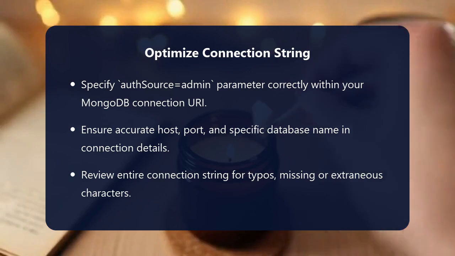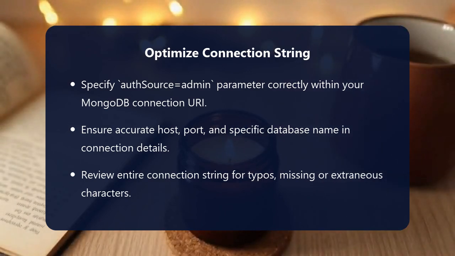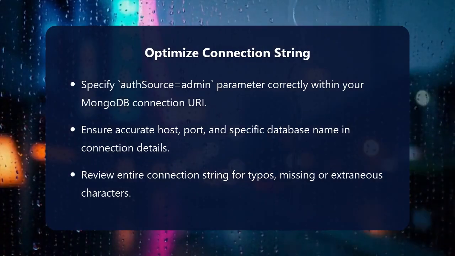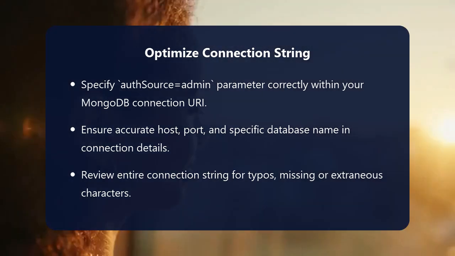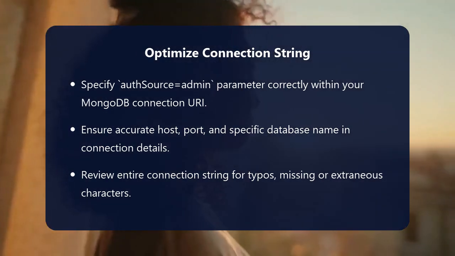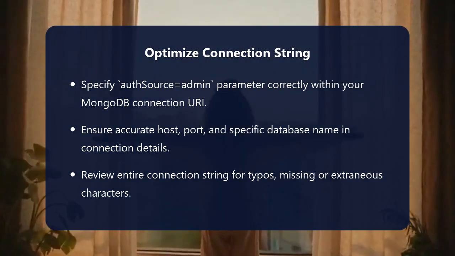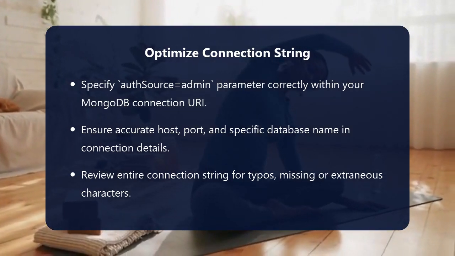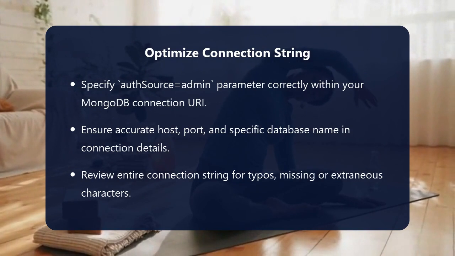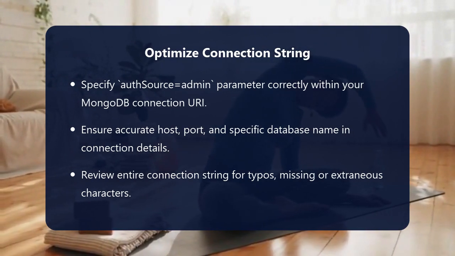Once you have administrative access, you can verify users by running show users in the admin database. If the user doesn't exist, create them using db.createUser({user: "your_username", pwd: "your_password", roles: [{role: "readWrite", db: "your_database"}]}). If the user exists but lacks privileges, update their roles using